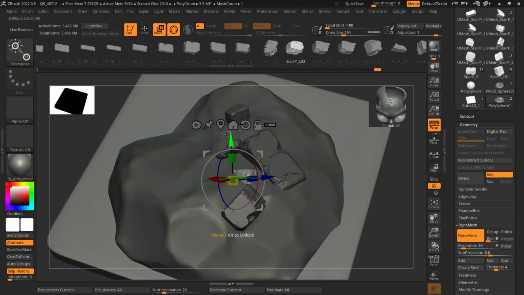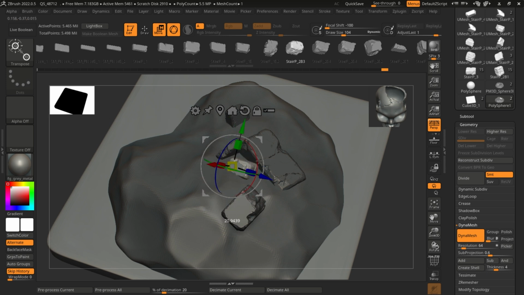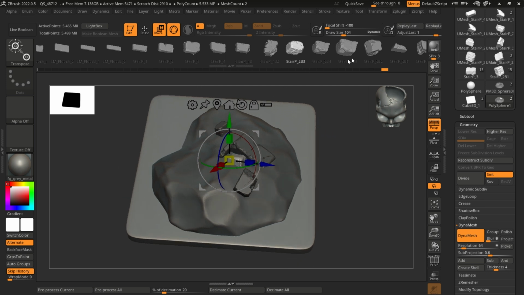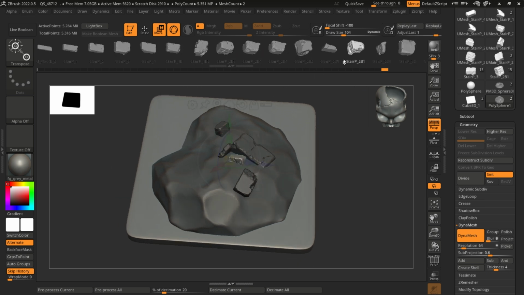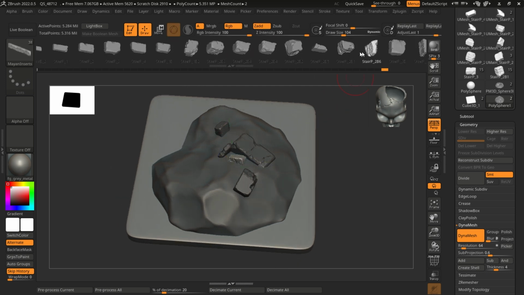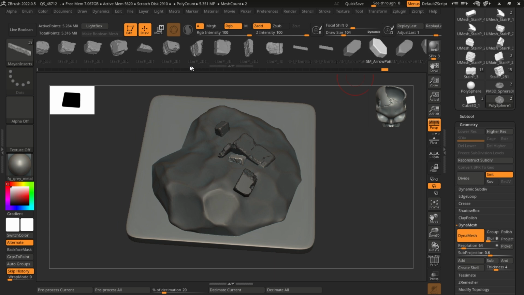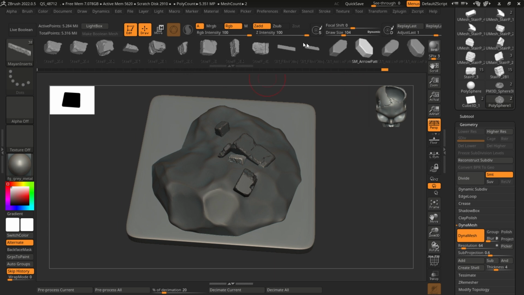And also take some smaller pieces as well, somewhere here, and